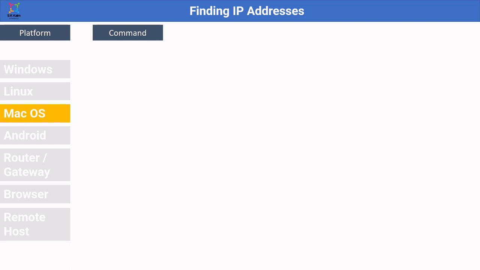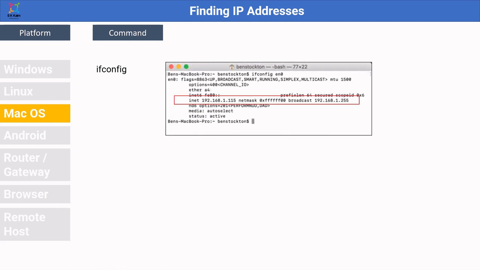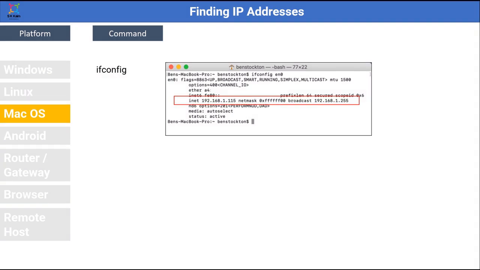Similarly, if you are using Mac operating system, you can use the same command ifconfig. You type this command on the terminal. You can specify the network adapter attached to that Mac machine. In this case, we have the interface name as en0. So we type the command ifconfig space en0, and when we execute this command, we'll find the IP address, which is